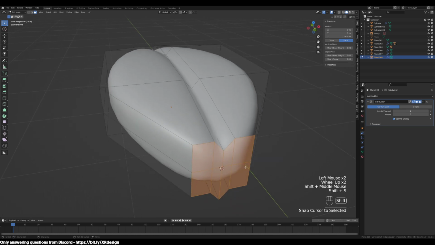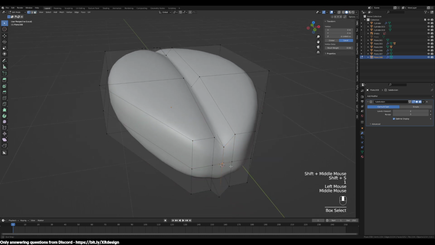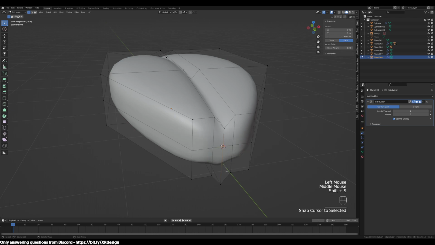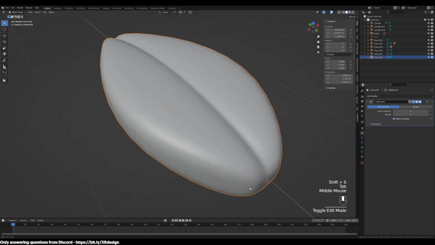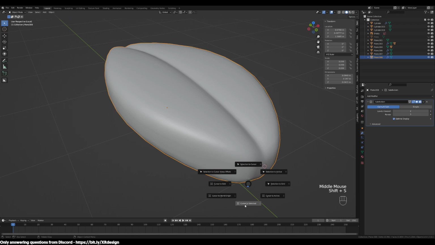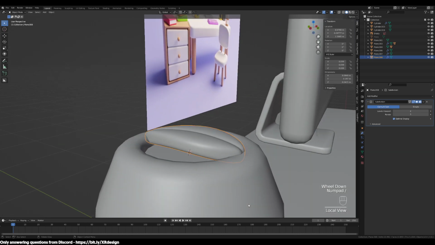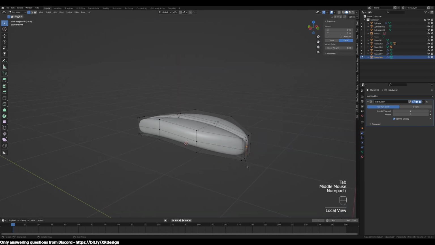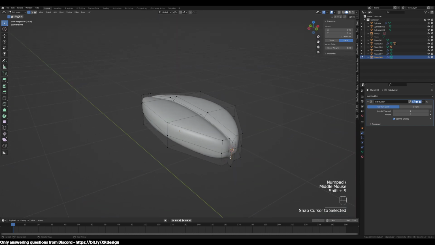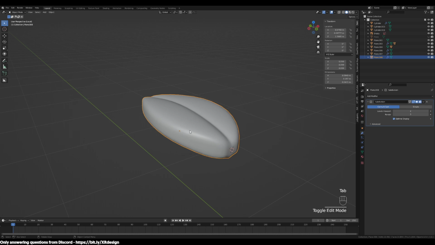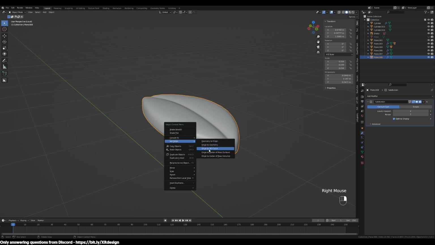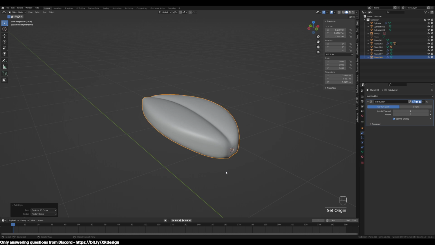You can either select all these faces and reorient, or you can just select this one edge or this one vertex here and do it that way. But that is Shift S, and then actually I didn't move it. Shift S. Okay, and then back to object mode, right click, origin to 3D cursor,